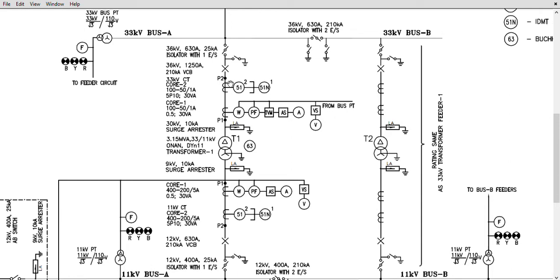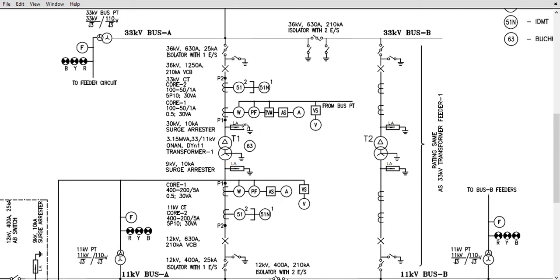So here the second core is meant for protection. How does it protect? The way I told you, it sends the current, then the relay senses the fault condition, and it will give command to the breaker to trip in the event of abnormalities, which means in fault condition. So that is the main difference between circuit breaker and isolator. And circuit breaker is said to be one of the important equipment in the switchgear in the power systems, right?